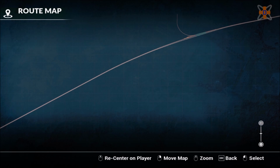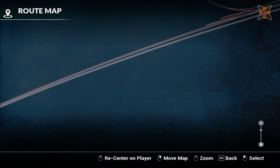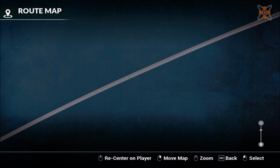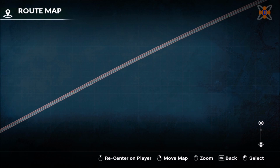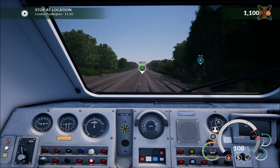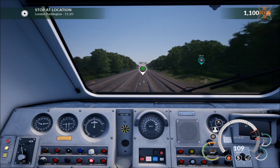next signal is... someone knows if it's green signals the entire journey. No, that one's red, so we'll have to slow down at some point. Maybe get rid of that. Yes, next signal is yellow. Go back, current one is green. Although I may need to slow down and potentially stop during this journey, and I'll show you what the train brakes are like on this, but